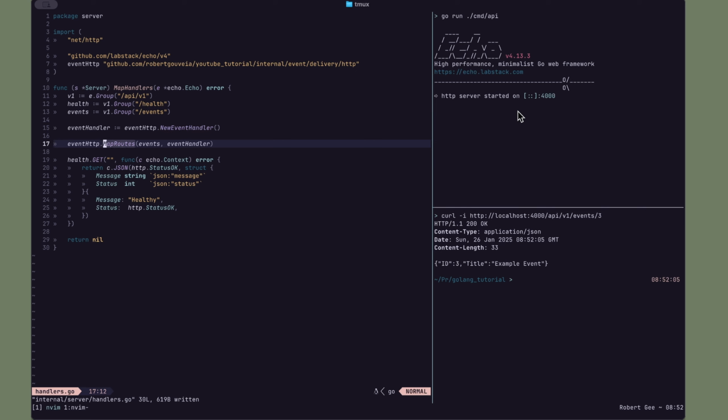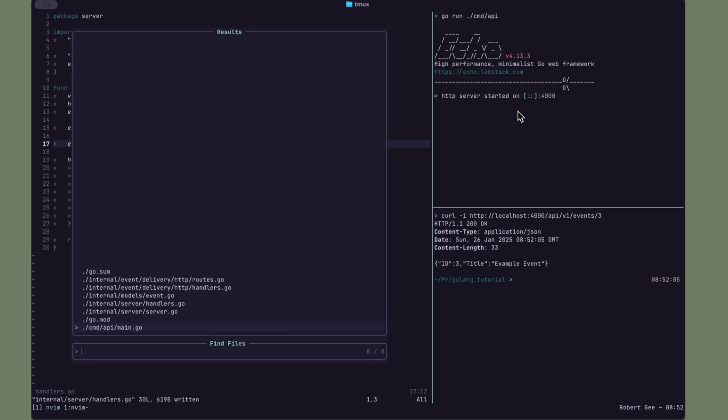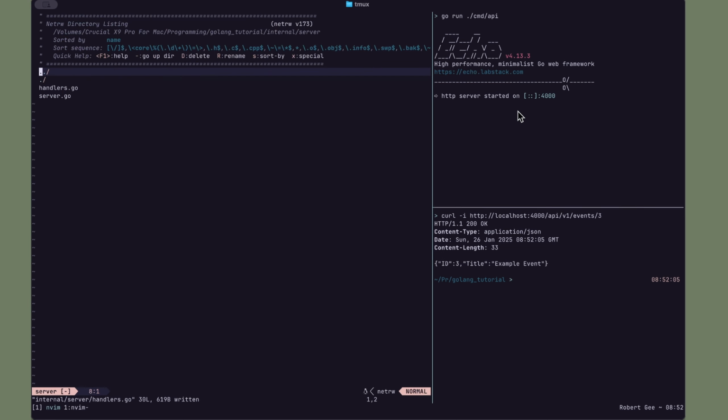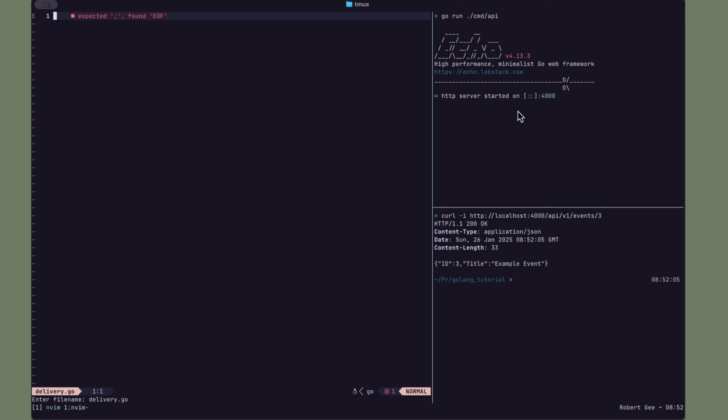So the next thing to do is interface, because we're throwing around a lot of pointers here to different objects. We should be able to replace a lot of stuff as well. When we get into use cases, we'll also need to declare an interface for that as well. So the way we're going to declare interfaces is on the root level of the folder. So here I'm going to say delivery.go, and we're going to say package event, and I'm going to say type, and we're going to say handler